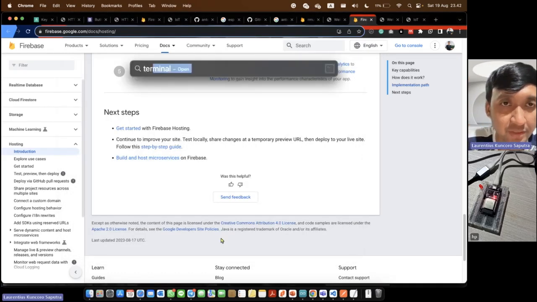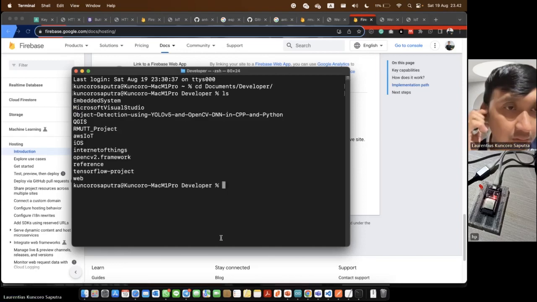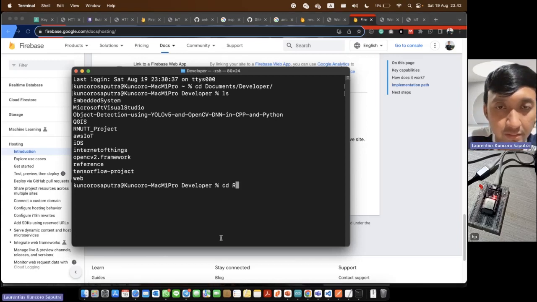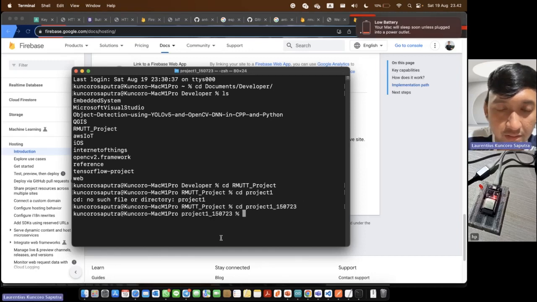I will open the terminal again and cd document developer RMUTT developer project, cd project 1 and Firebase.